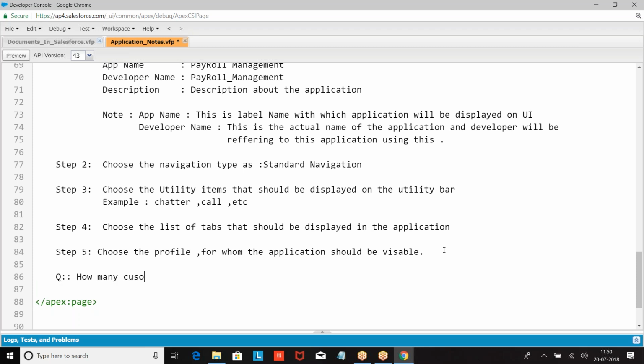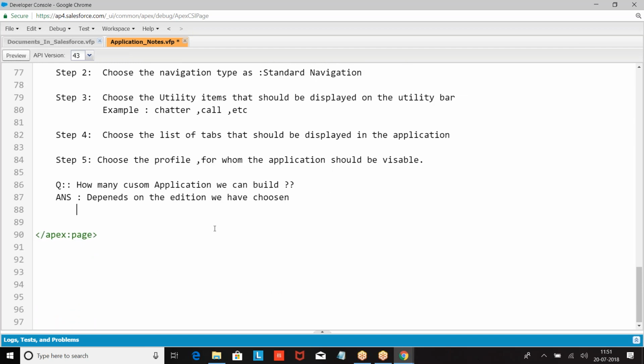Okay. Now the question is, how many custom applications can we build? The answer depends upon the edition. The number of custom applications you can build depends upon the edition you have chosen. So if you go with unlimited edition, unlimited apps.